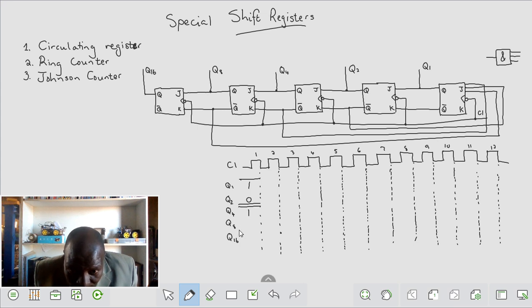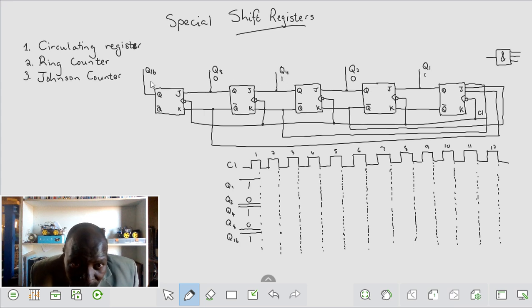Let's say 0 and another 1. Let's say that's where they started. Now if you observe here, if Q1 is 1, and that is 0, that's 1, that's